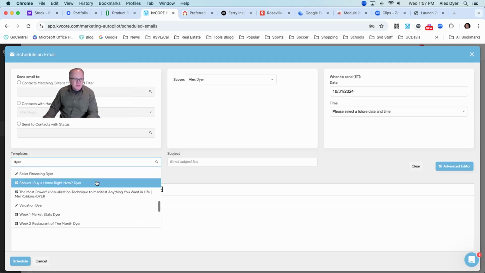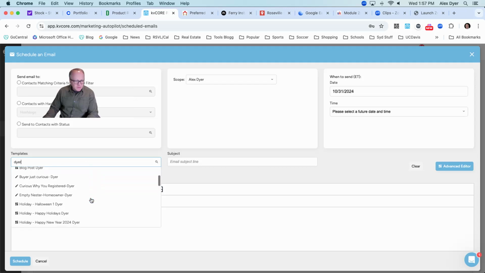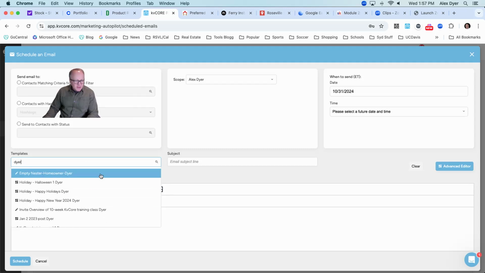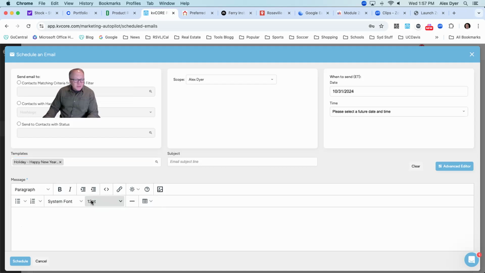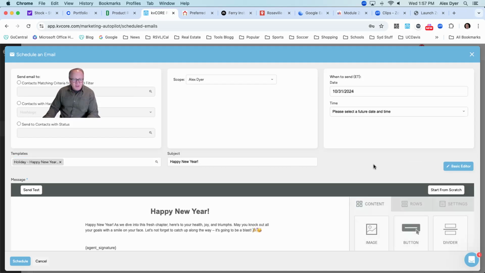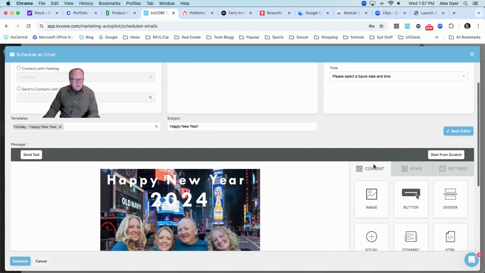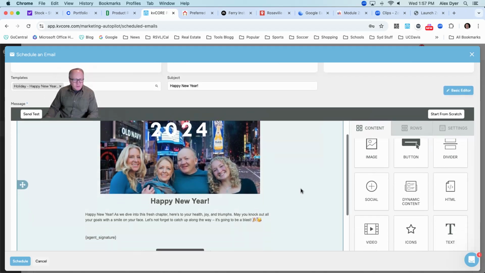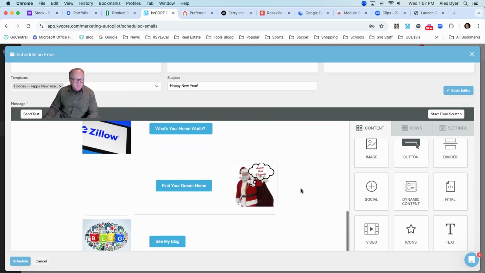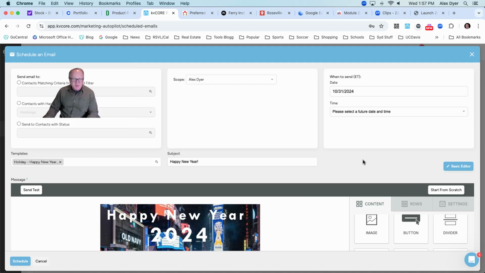And these are all the templates that I've done over the years. And so you go in, you choose your template. Let's just choose one just to do it. I haven't done Halloween this year. Here's Halloween 24. Happy Halloween. It's coming up pretty soon. Oh, I'm sorry. This is Happy New Year. And this is the one I sent out this last year. I've updated this template since, but if that's the template I want to send out,